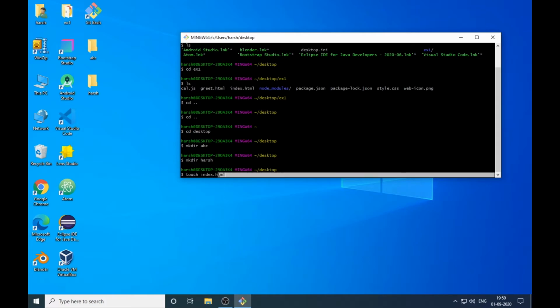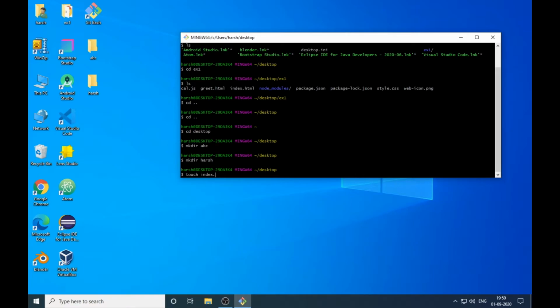Here we have a .html file, which means it has the extension HTML. If you want to create a text file, you need to make the extension txt. If you want to make a Python program file, then you have to make the extension .py.